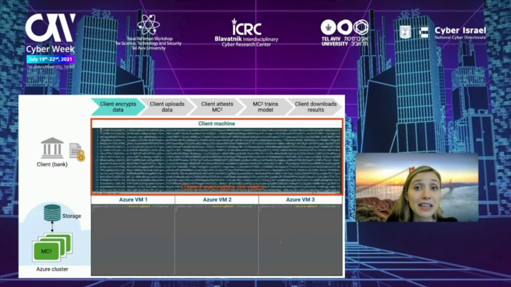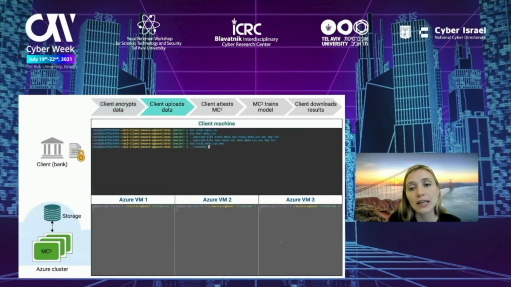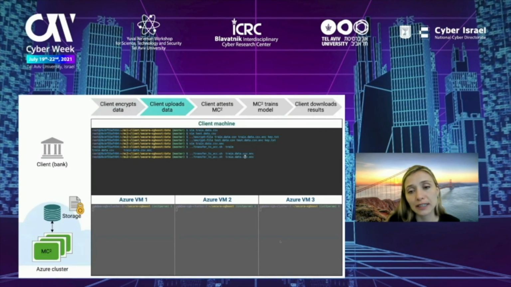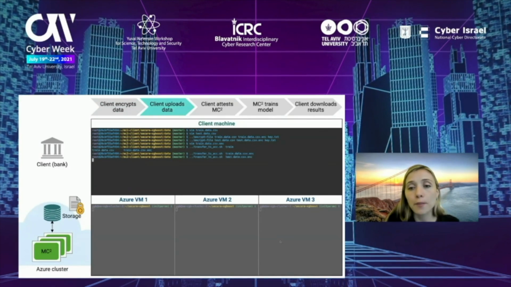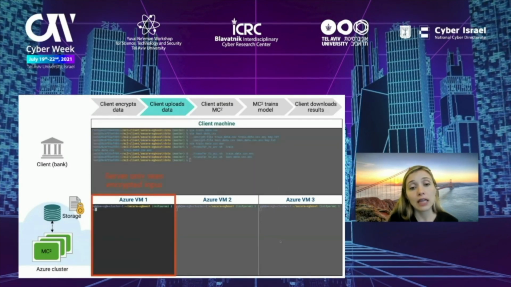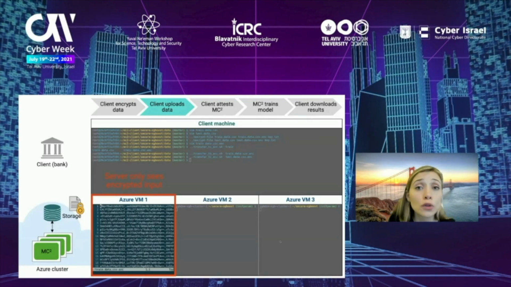This is the encrypted data. It looks like gibberish. It's random, it's encrypted. Now we're going to transfer this to the cloud, both the training data and the testing data. So let's try to visualize the data on the cloud and see how it looks. And it's encrypted, right? Because the server, the cloud, is only going to see encrypted data.